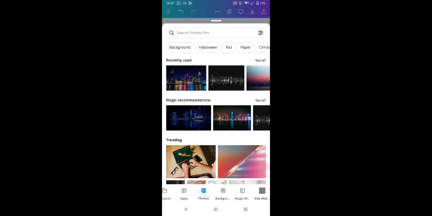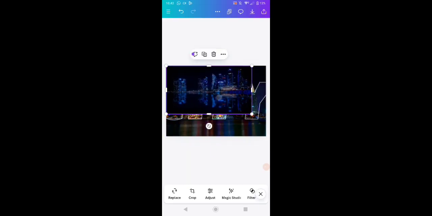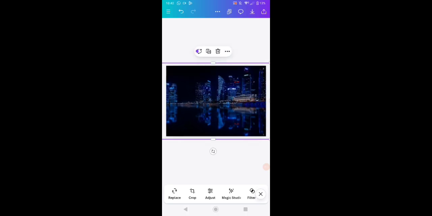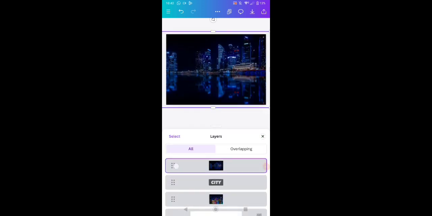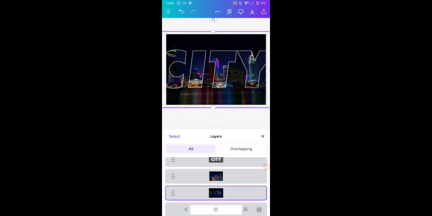For example, I will try to use this photo and adjust the size of it. Make sure that it's covering all of the design element. And after that, swipe left the toolbar, click layers, and put the picture behind the first picture that you added before, like this. And on the first picture,